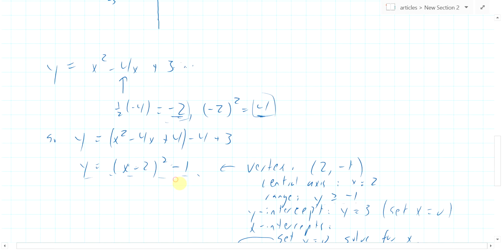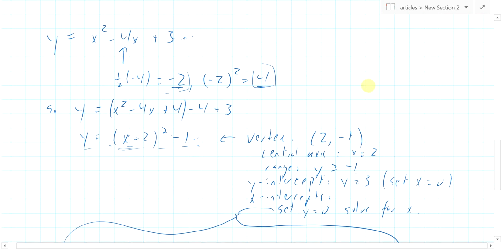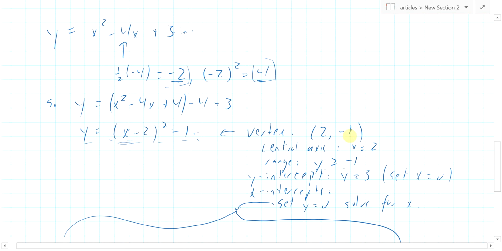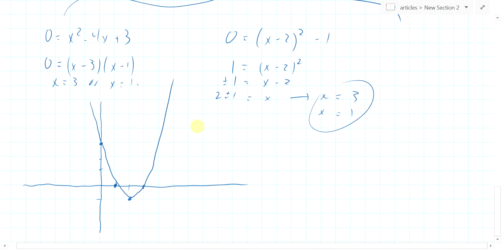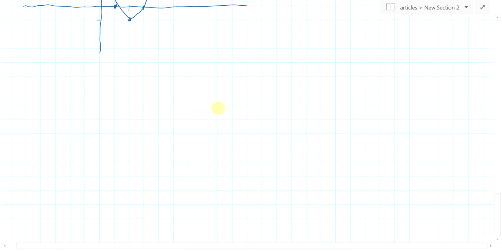Often in these problems you'll start with a formula, translate it into another formula. This is much easier to graph. It's also much easier to read off what the vertex, the central axis, and the range is. You can get the x-intercepts and the y-intercepts from this formula or from this formula, depending on what your taste is in those types of matters. Okay, so